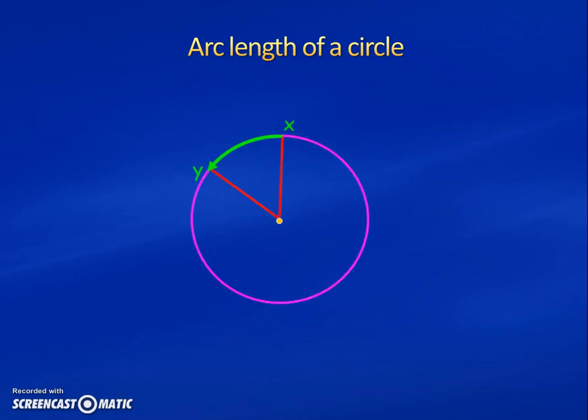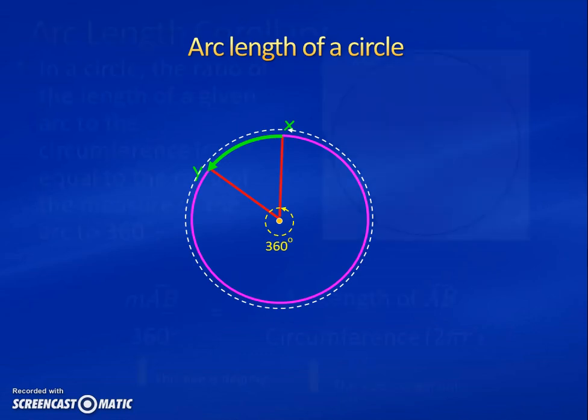So the equation, right, from x to y is just a fraction of the whole circumference. Well, the arc is opened up by an angle that is a fraction of the full circle. The full circle being 360. So we're going to take the angle out of 360 and we're going to take the arc length out of